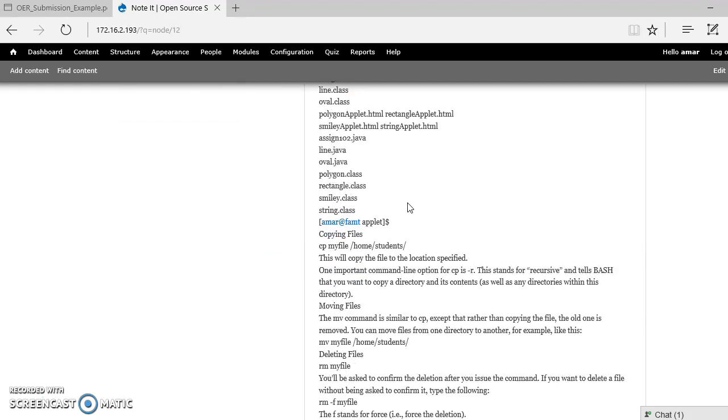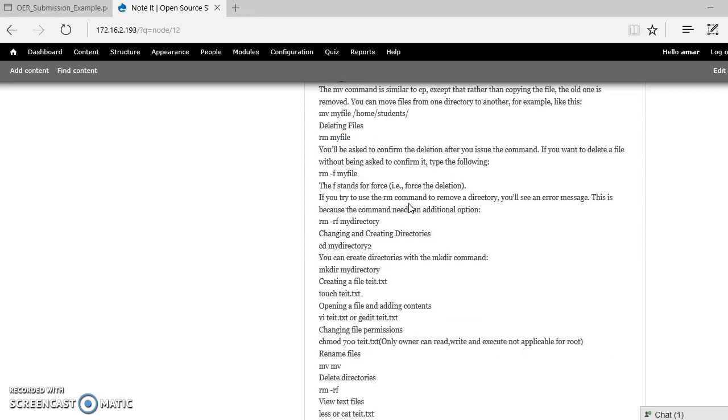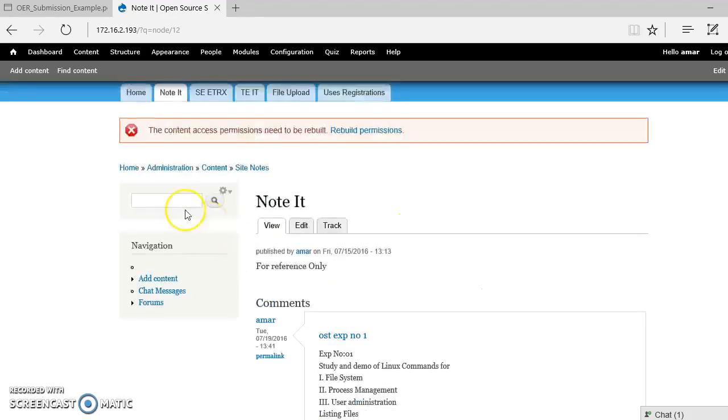So I need not remember or recall. I can type here and I can see. Only the admin user can see all this.